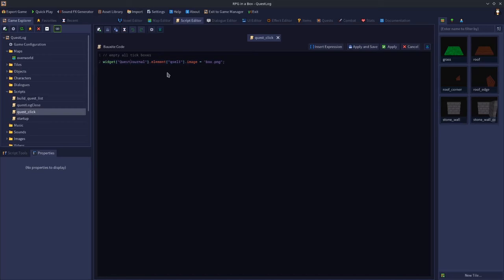This is again a bit like with the refresh quest log. We want to ensure that we're resetting everything before we then do the action that the button should actually do, just to ensure that we don't get any sort of remnants of the previous selection left behind. So I'm ensuring that everything gets reset before we then set the one we want. So we're going to empty all the tick boxes by setting them to the empty image. And then we want to show the relevant